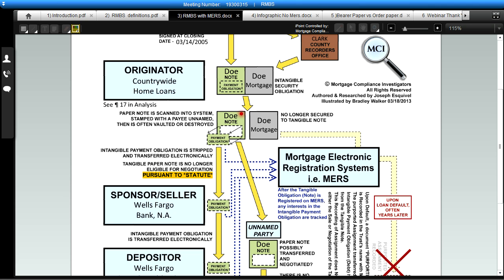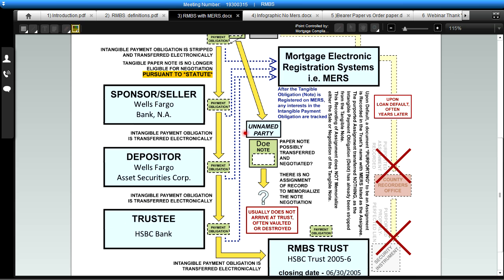Now, what happens to the note? We don't always know. Sometimes they say that it's been negotiated, but I have yet to see a complete endorsement and negotiation from front to back of the tangible promissory note that matches a complete chain of title of assignments, whether it be mortgage